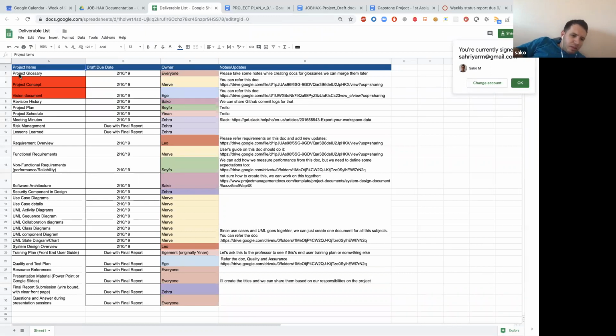Maybe we should follow that same format. Or meeting minutes, project schedule. What do you guys think? Should we initially include that one for the Gantt chart? It's for the report. And then the use cases we have.